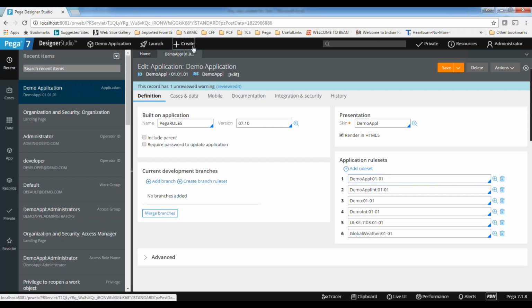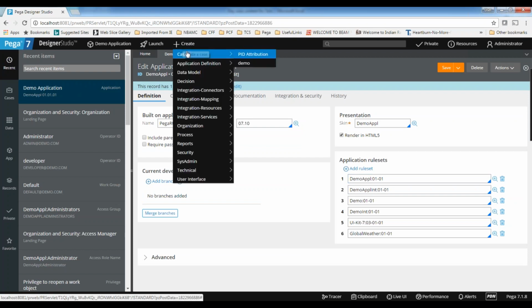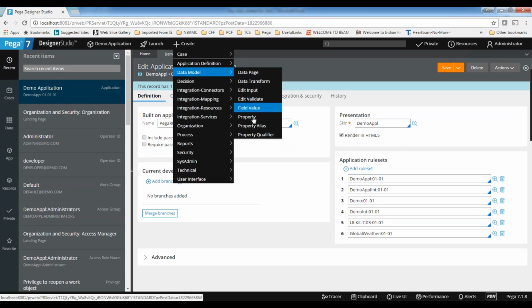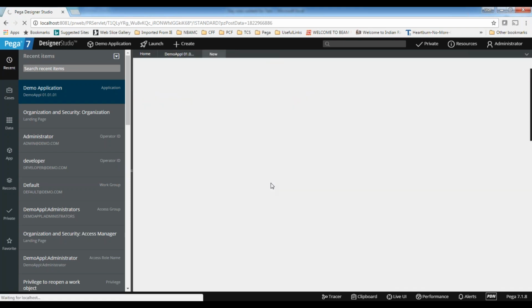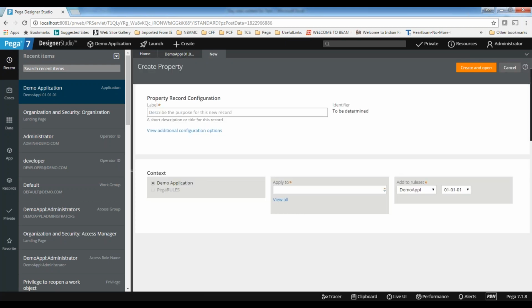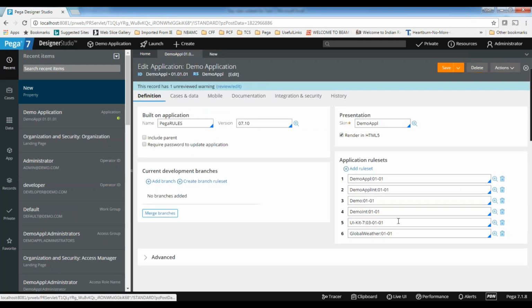While saving the rule, let's say I am creating some simple property rule, the system will ask you for the rule set where you want to store it. Without observing that, people save wherever they want. Then, while building the logic, they face issues saying the rule is not found. The rule is available, but the system says it is not available, because of this.